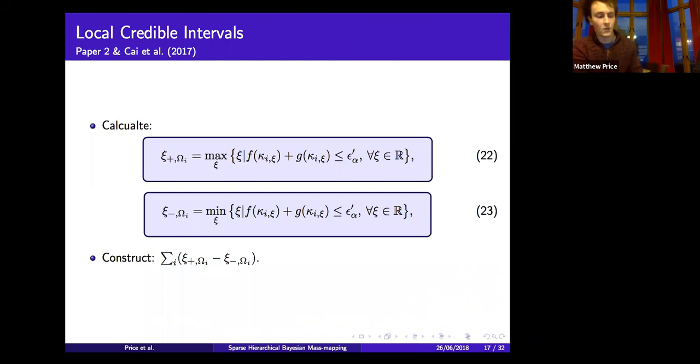So a range of values that would be accepted, would not be rejected by the data at some confidence alpha. And you can do this for every pixel in your map, or you can do it for combinations of pixels, so larger superpixel regions. And this is to say that you end up with a map of your recovered uncertainties at the pixel level.